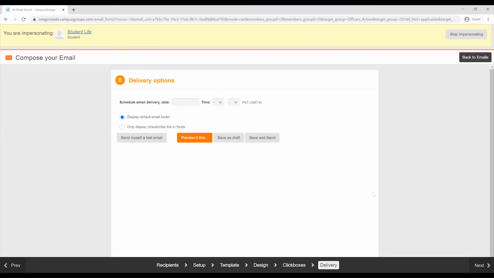You'll see the delivery options. So you can schedule it. You can have the default email footer with Campus Groups information or only the unsubscribe link. You can send a test email to yourself, which will send it to the email that you're logged into, in this case, the student life at OSU-Cascades. You can preview it, so this will show you an HTML page. You can save it as a draft, and then you can save and send once all that information is complete there. So if I go ahead and go back to the emails,